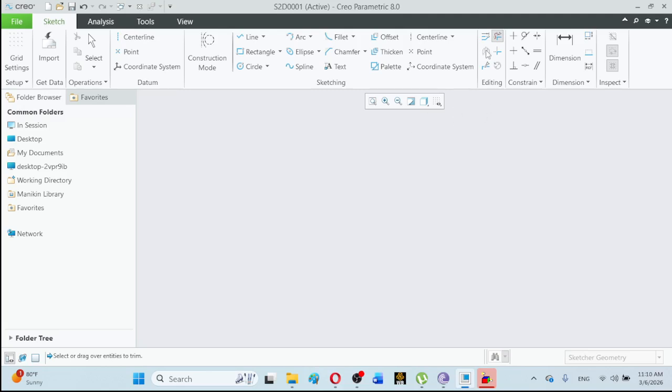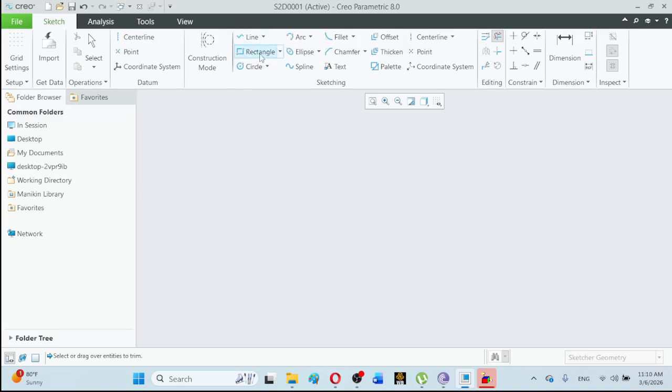And another important command is the mirror feature. This is very, very important. So as we have observed in the sketching area, in the last column there are center line and point, and this center line, construction center line, is actually used for this mirror command. So how it is used: the necessary requirement for this mirror command is that we must